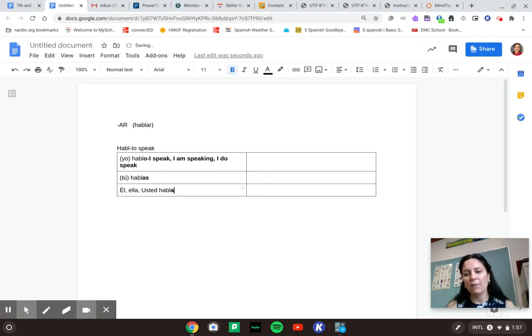So anytime you have an AR verb and you want to say he or she or you, we're just going to add an A. Then we're going over to the plural. So I plus somebody else becomes we, or nosotros. We're going to take our stem, which is the same. All of these are going to have the same stem. The endings are just going to be what's different. And so then we have AMOS, and this is nosotros. Again, we can put the nosotros in there, but we don't have to, because the amos indicates that it's we. It's already implied with the amos. So hablamos is we speak.